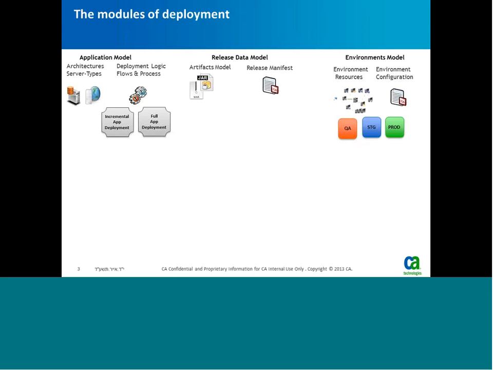So we take the relevant environment data and use it in a specific deployment. Last but not least, it's the release data that we need to define. As I said, it's the release data, like the JRE version example that I gave, and also the artifact model. This is where we define what is the content of each release. What is the set of files, set of artifacts that we want to use whenever we design a specific release